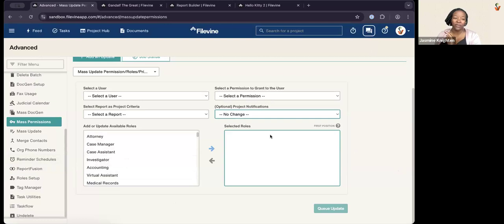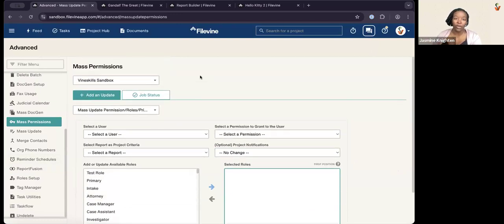But I do want to point out that if you do mass permissions or mass updates, it's helpful if you download the report to your actual computer. So export that Excel. Make sure that if you're doing a mass update, especially, whatever columns you're looking to touch in that mass update, you have as columns in your report. That way, if something goes wrong and you accidentally update with information that should not have been updated, you have saved onto your computer what the previous version was